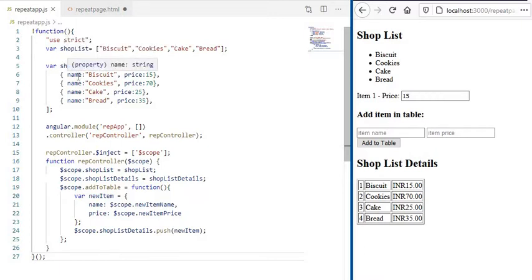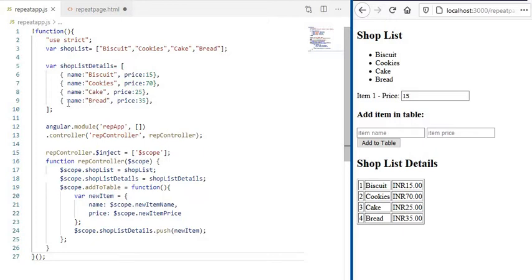Each and every element has two common values. One is the name and another one is the price. So the name is changing in all the elements like biscuit, cookies, cake, and the price is given for each item. It is actually a numerical value, so I have given the values directly, whereas the name is a string value, so I have used the double quotes.